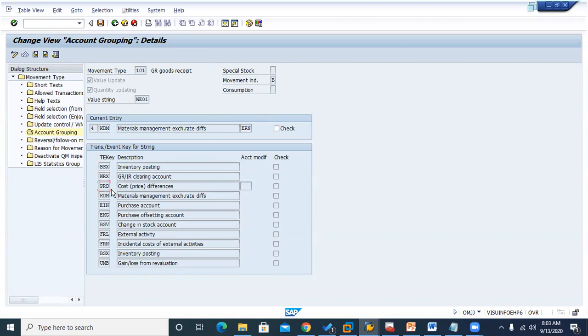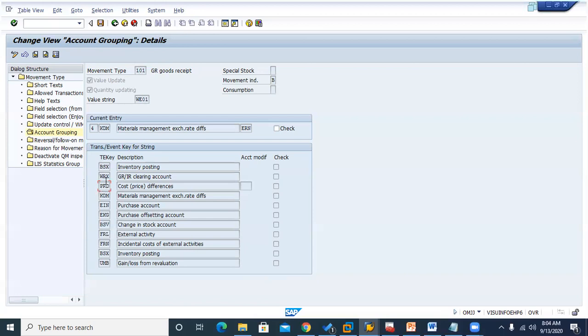Because we have not taken the standard price material at the same price, some price difference is there, either it's going to be a loss or a profit. According to that, this account is going to hit. So the loss account and profit account are given for this key itself. So that's why this account also is going to hit for us.